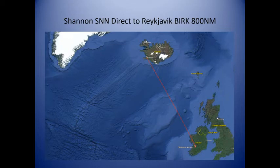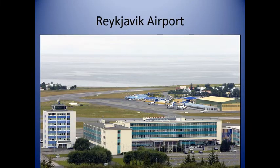Keflavik Control gave me a hard time for being off course until they realized I was really bound for Reykjavik and an experimental plane. They vectored me to an approach course and down through the clouds where I experienced my first icing. Quickly in VMC, and then it sublimed. Only overnight at the Loftleader Hotel at the airport, and then